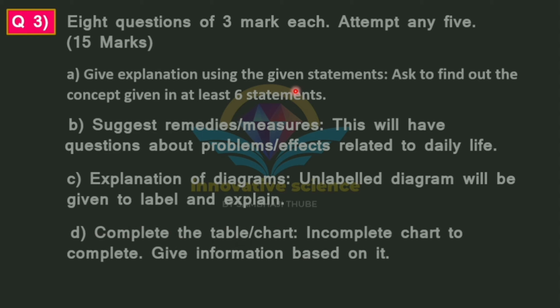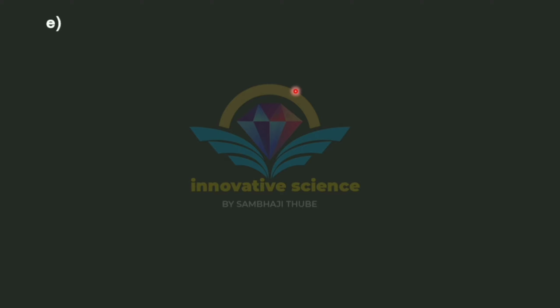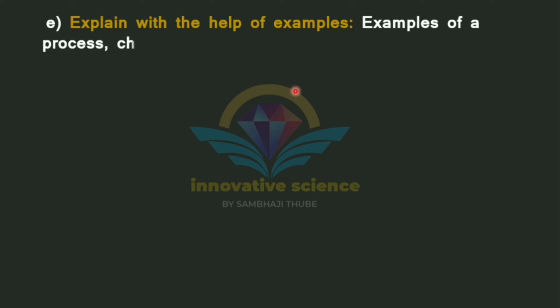After this, the next type of question is explain with examples. This question includes chemical reactions. You have to explain the given reaction with the help of examples. That means you may be asked about the extraction process of metals, and for that explanation you have to mention the chemical reactions involved in it. That means you have to write the explanation with examples.